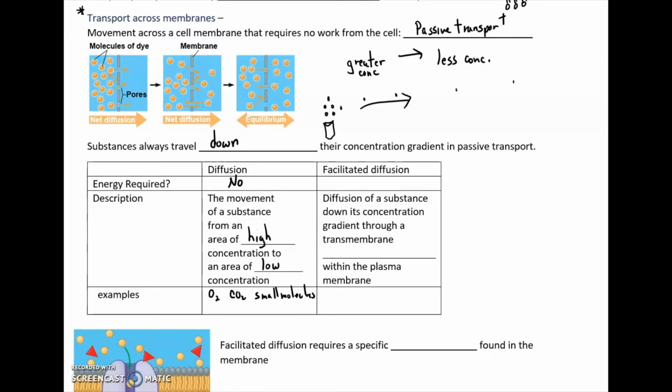Facilitated diffusion also requires no energy. It's the diffusion of a substance down its concentration gradient through a membrane, through a transmembranous protein channel. And I've got a picture of that, a kind of cartoon of a channel down here below. Molecules that use a transmembranous protein channel would be things like glucose